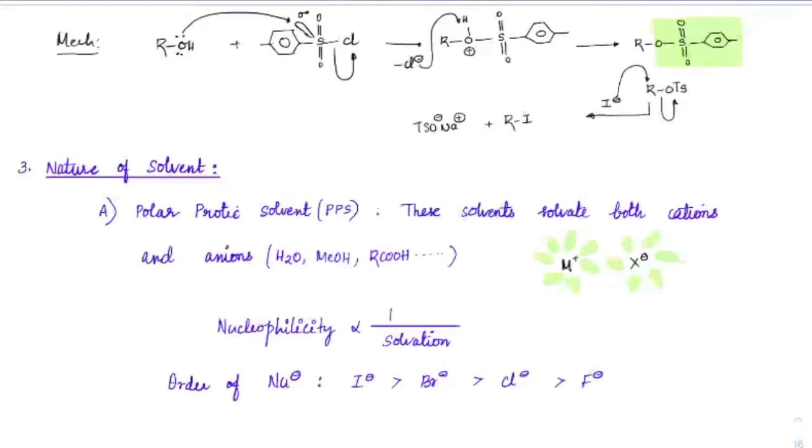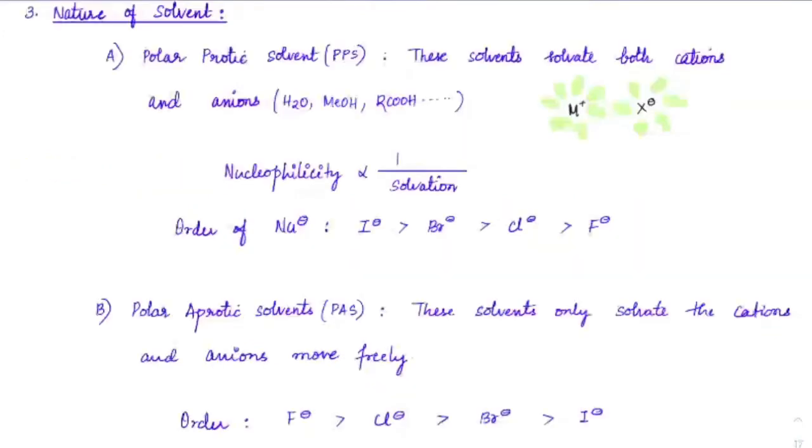But in case of aprotic solvents, we know that cations will get solvated, but anions are easily moving. So you can see anions move freely. So therefore, the order now would be F minus better than Cl minus, Br minus, I minus. You can see which is more favorable here, because SN2 demands a strong nucleophile. Polar aprotic solvents are more useful for it.